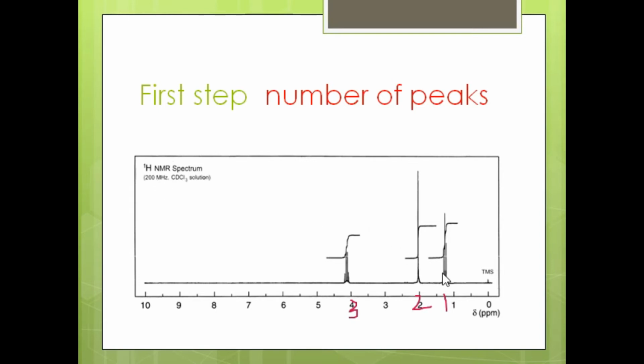So this peak represents one kind of proton, this peak represents a second type of proton, and this peak represents a third type of proton. It means that each peak gives us information about a unique atom. The more peaks present in a spectrum, the more atoms will be present in a molecule. Of course, if the compound has the same molecular form, same environment,